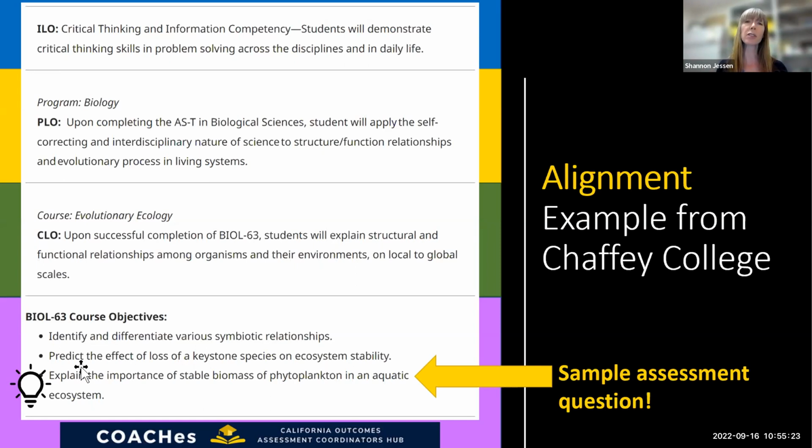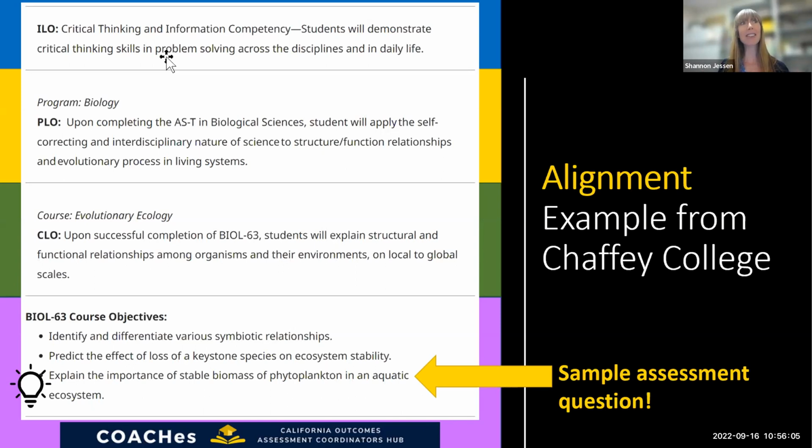But a student's response to that question, whether that's part of a lab report or an exam, serves as direct assessment of the course learning outcome, which is that the students can explain structural and functional relationships, which is also aligned with a program learning outcome that students will apply the self-correcting and interdisciplinary nature of science to structure-function relationships. And then that further aligns to an institutional value of critical thinking and information competency, where students demonstrate critical thinking skills within their discipline. And so